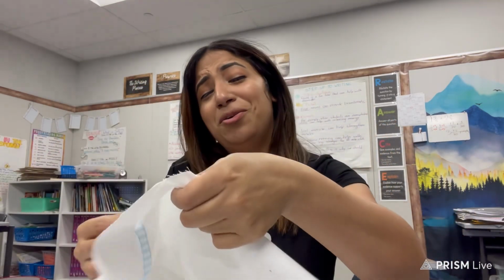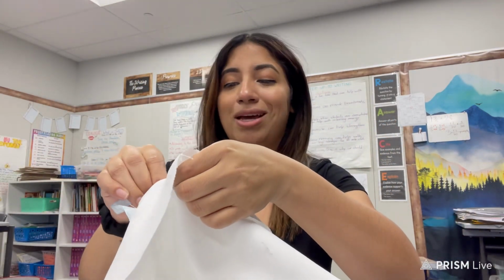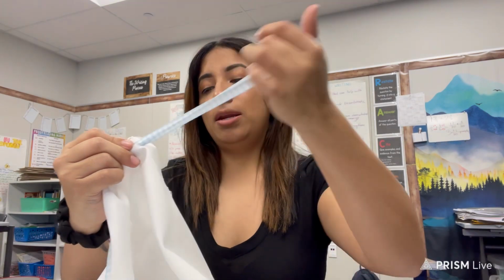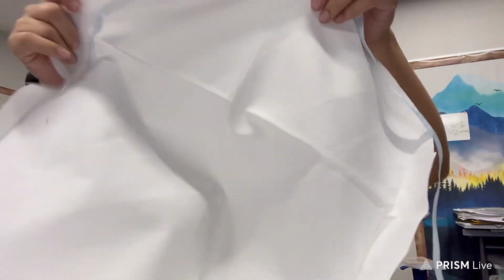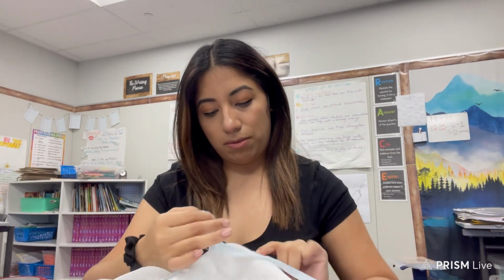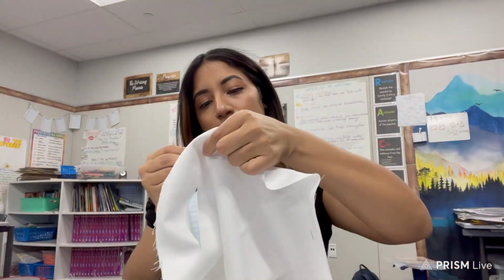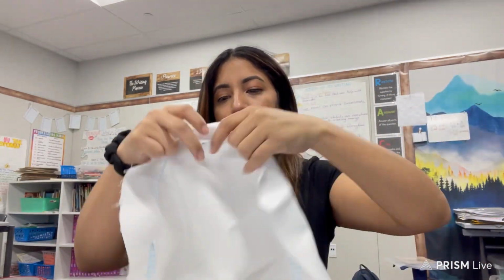Be careful that you don't end up missing a hole because that will end up throwing off your entire bonnet. And you're just going to keep doing that. Going through, in, and out. Okay, so it should look just like that. In and out. Okay, I know it takes a while, you guys, but finally when you are done kind of going in and out,